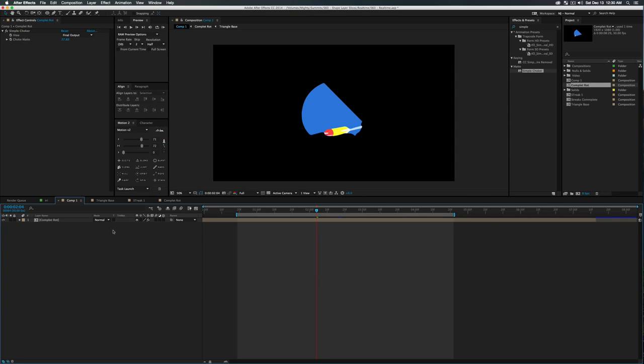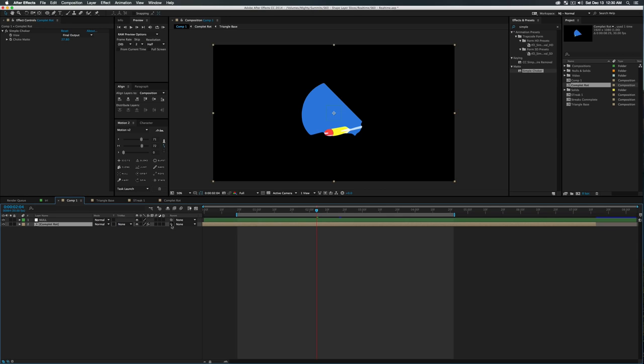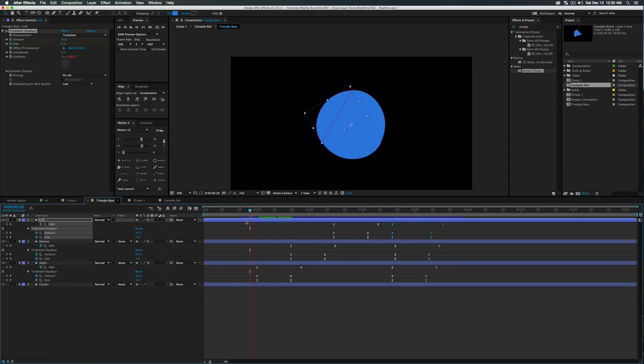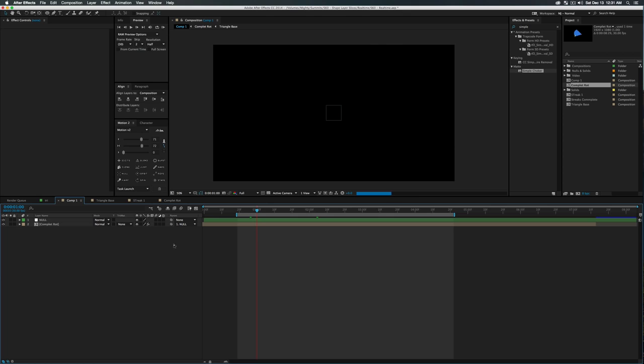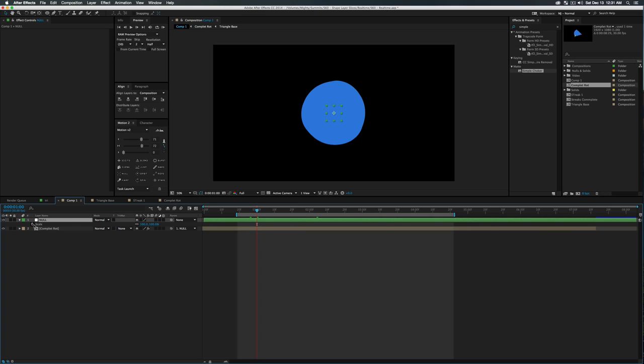But let's actually create a new null. So you can go down to new or null object, or just click null and it'll be in the center of your composition. Parent your complete rotation to your null object. And let's go ahead and see when this animation starts. So once again, click into your triangle base, find where the animation starts on the keyframes here. Click into your comp one, and once this loads, we're going to do S on our keyboard for our scale property,